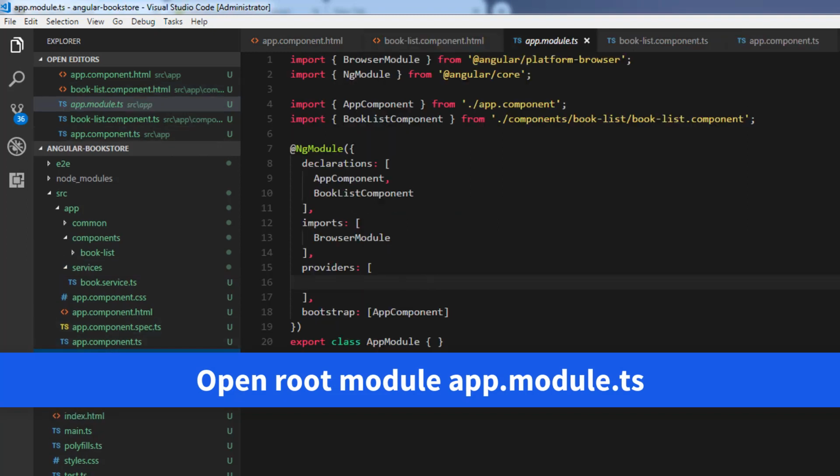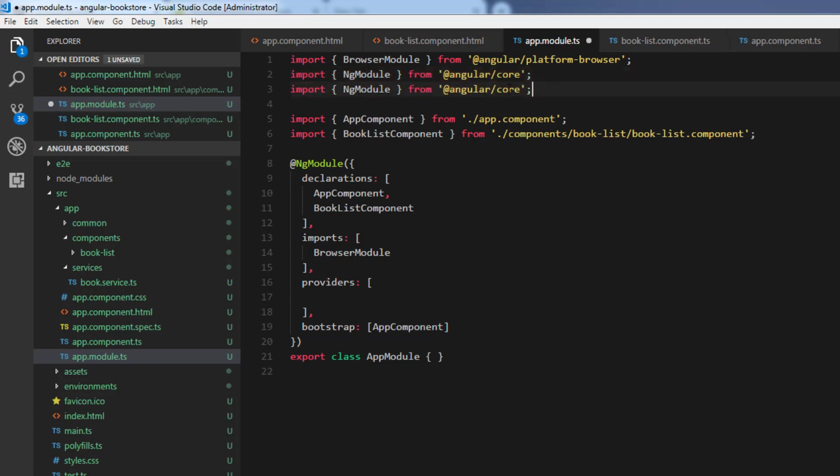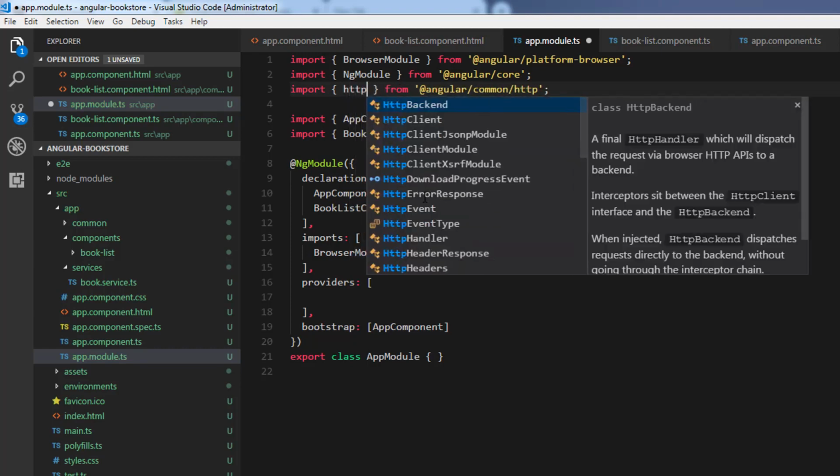Let's open the file. Let's import the HttpClientModule. Let's make a copy of this import statement. And HttpClientModule is from the http package. Let's import the HttpClientModule.